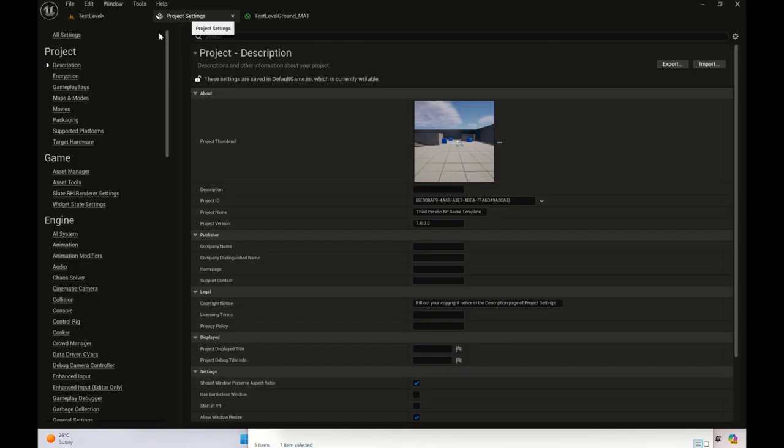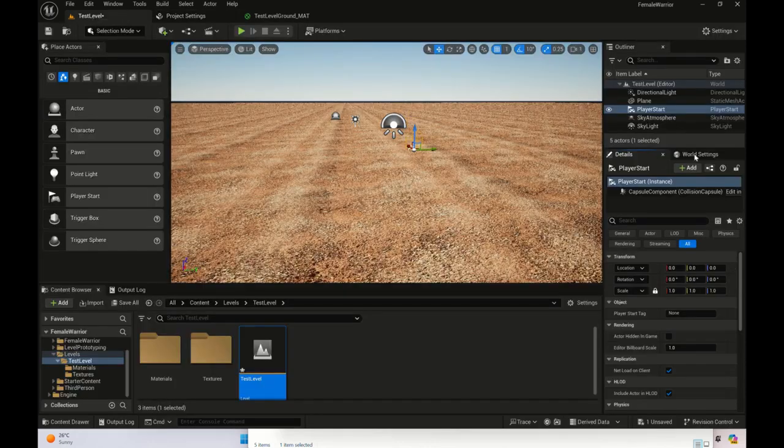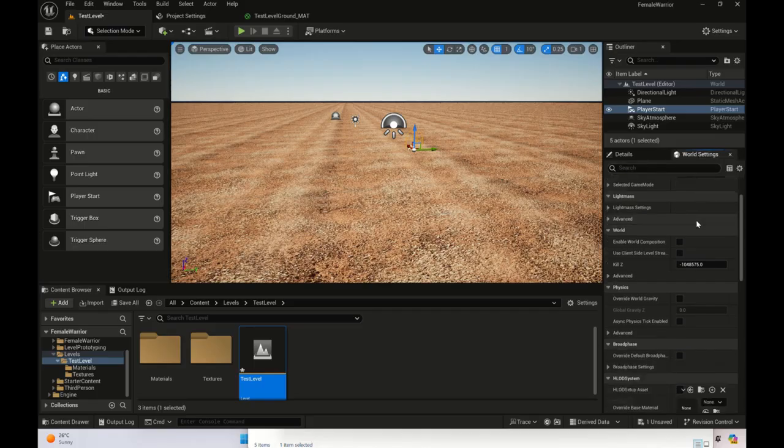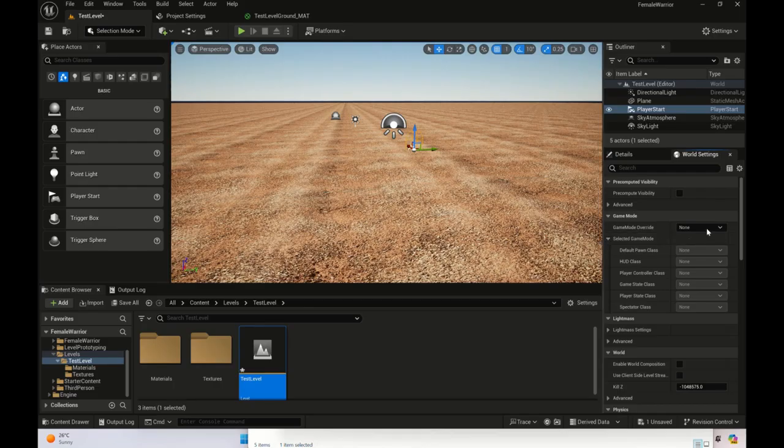The project settings. Okay, so it's pointing to the game mode that I created, Female Warrior GM, and let's see what it says in the world settings. So select the game mode. Game mode override. I guess I have to do it in the world settings. So Female Warrior,